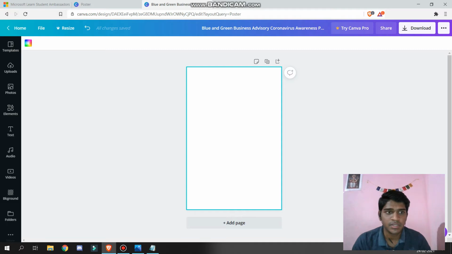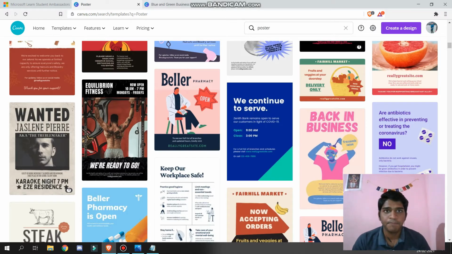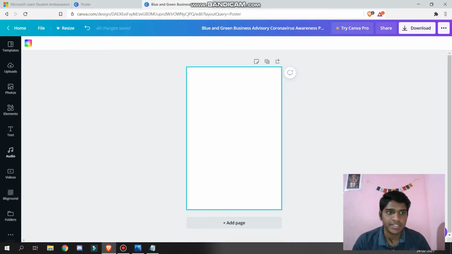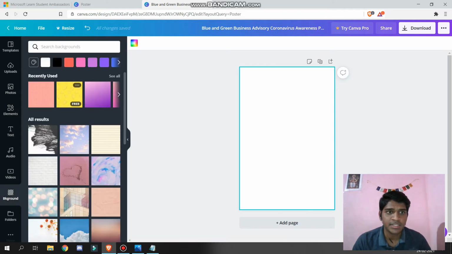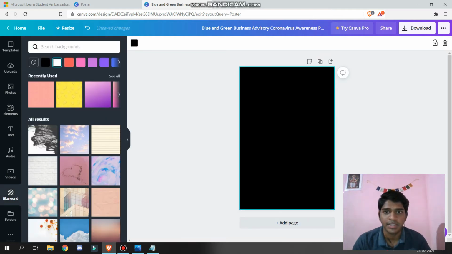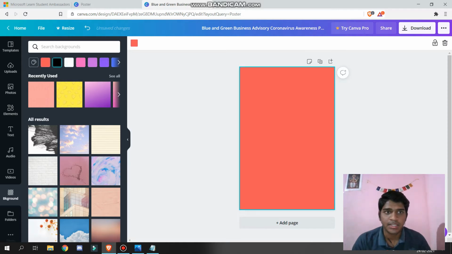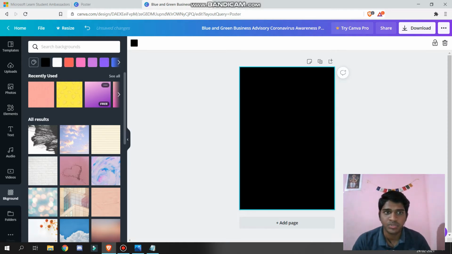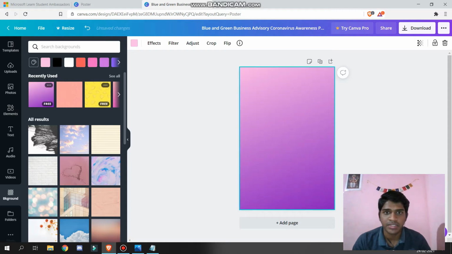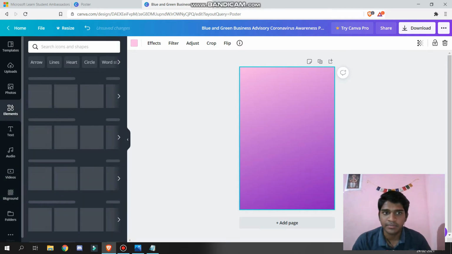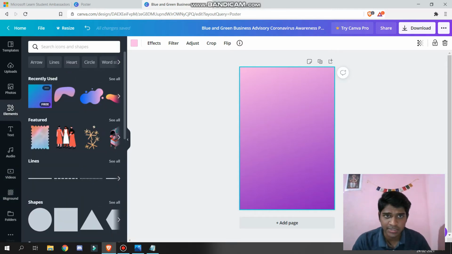So first of all, just choose the proper background which you want. Mostly when you're working on any professional design, try to keep the background very simple. So here, as you can see, you can just simply put a simple color like black or white, whatever you like for the background. And if it's possible to choose any other color, then definitely you can use gradient colors for the background.